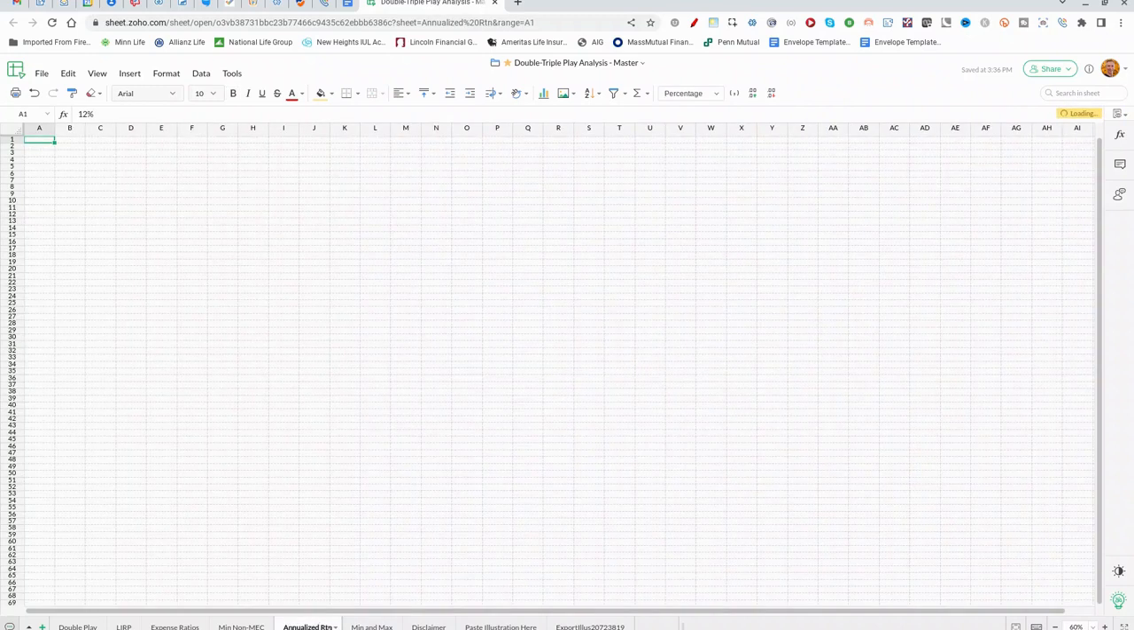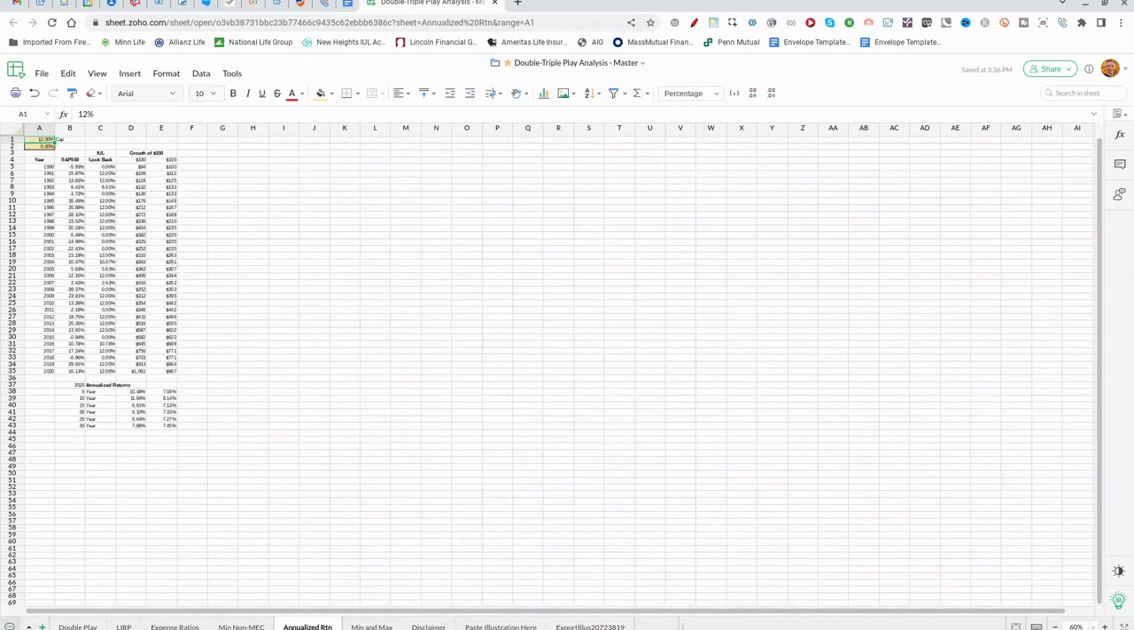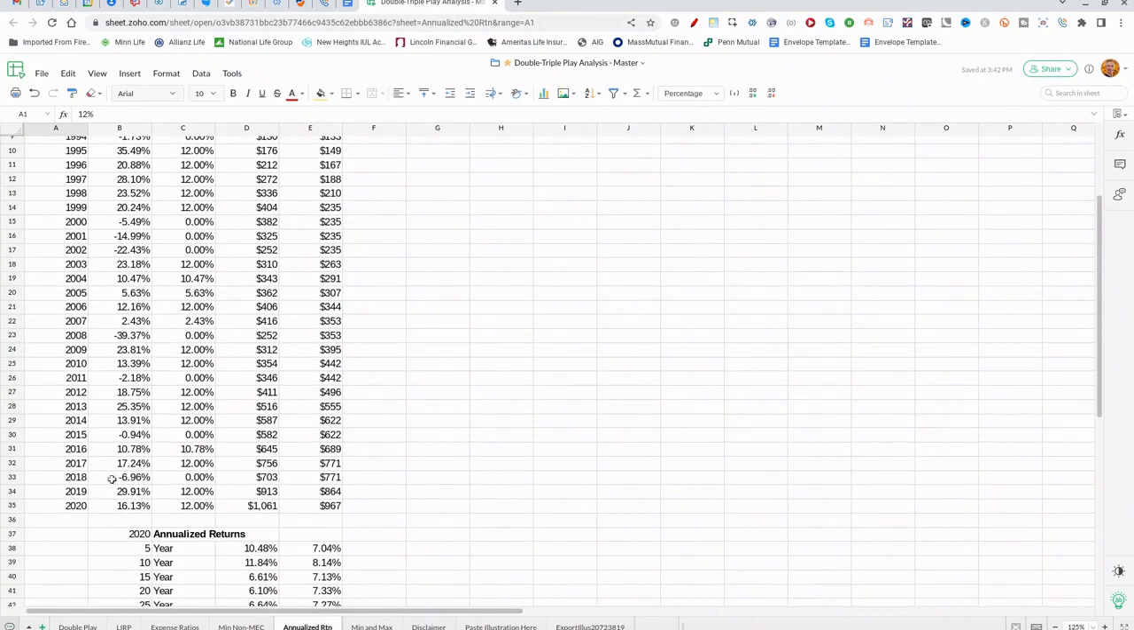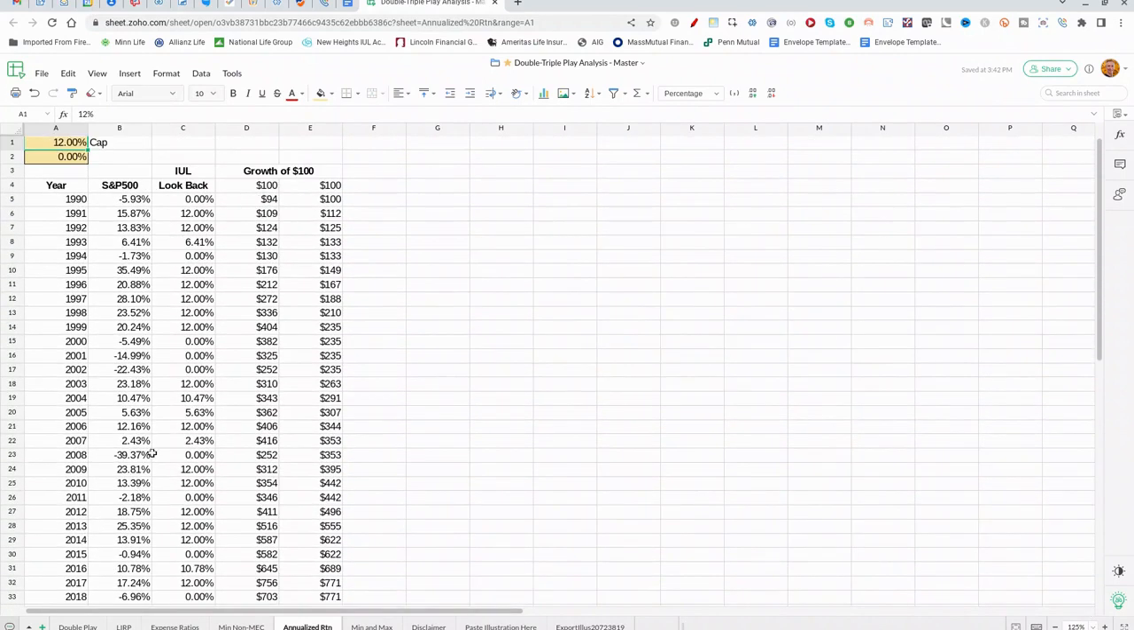All right, this next graph over is spreadsheet is called Annualized Return. I'm going to blow up the magnification on there a little bit so you can see it. This is showing S&P 500 changes from 1990 until 2020. So about 31 years. And basically, given any cap that you can plug in the upper left corner, you can see what a hypothetical IUL would have earned